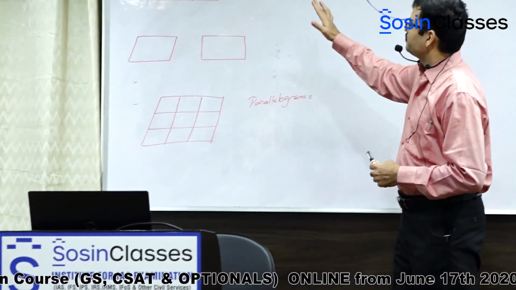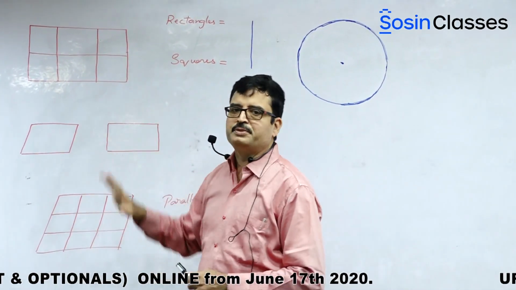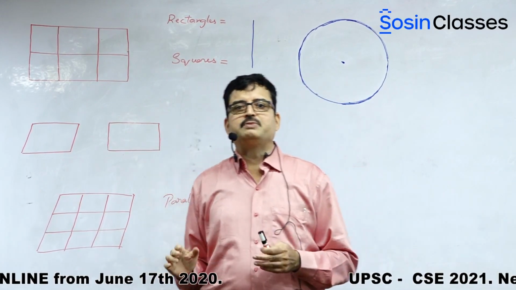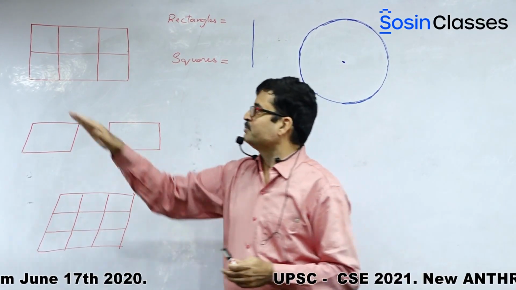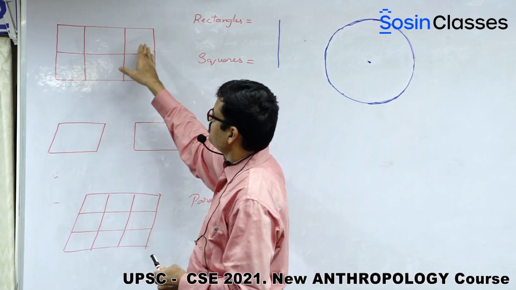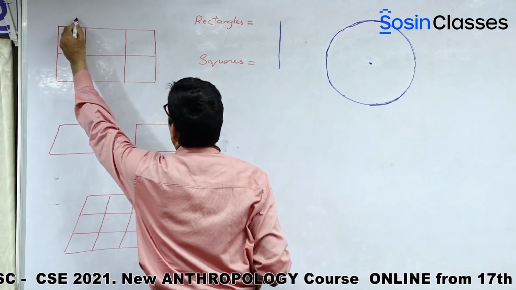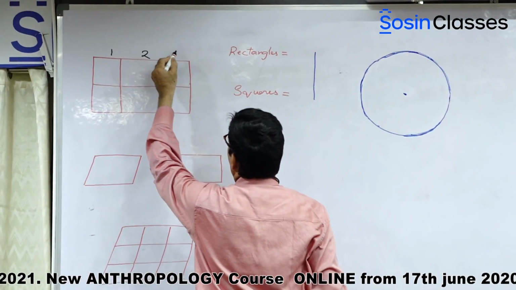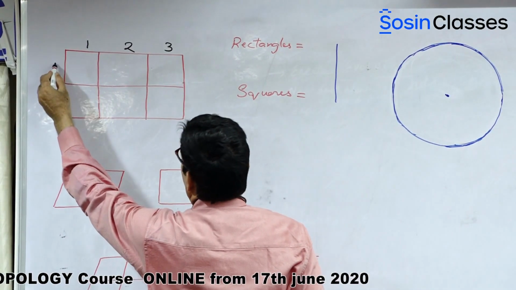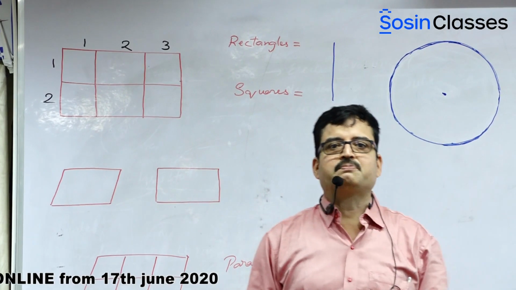Now, please note, this is a rectangular grid. What is the meaning of rectangular grid? The number of columns will not be equal to the number of rows. These are the columns, and the number of columns is not equal to the number of rows. This is the first column, this is the second column, and this is the third column. Whereas when you take rows, this is the first row and this is the second row. In that way, the numbers don't match.